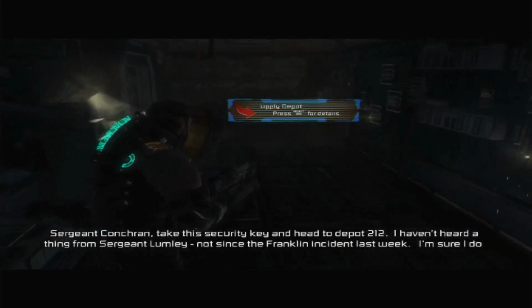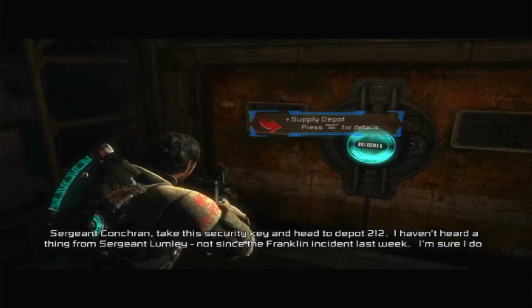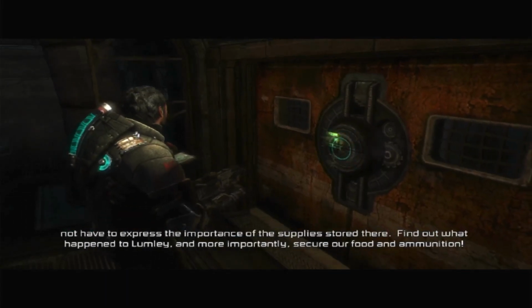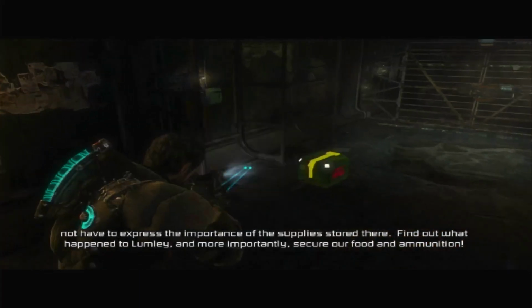Sergeant Cochran, take the security key and head to Depot 212. I haven't heard a thing from Sergeant Lumley, not since the Franklin incident last week. I'm sure I do not have to express the importance of the supplies stored there. We'll find out what happened to...